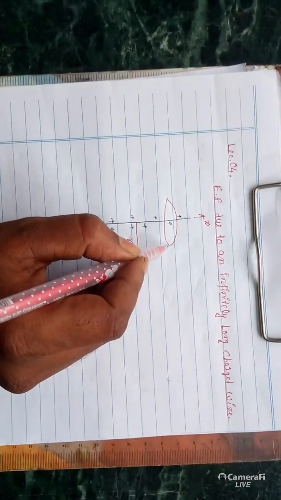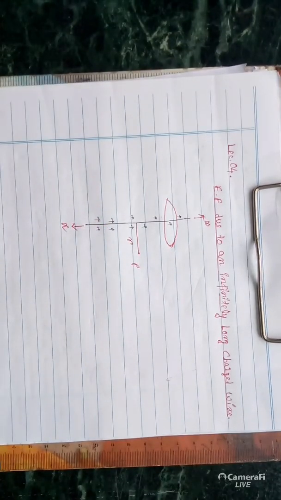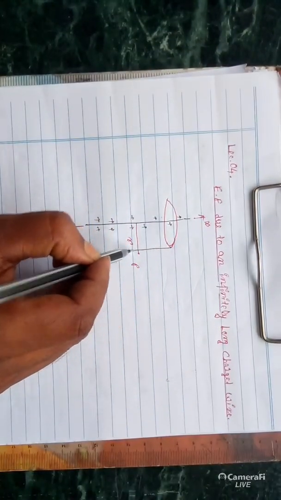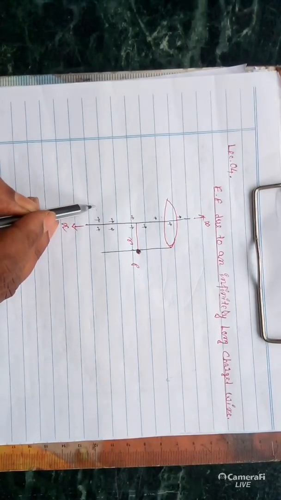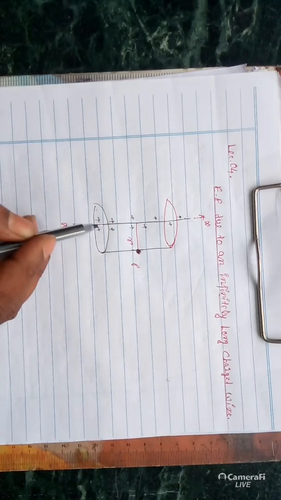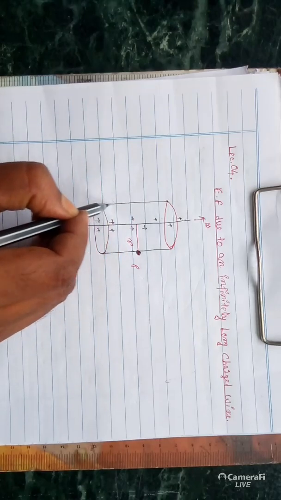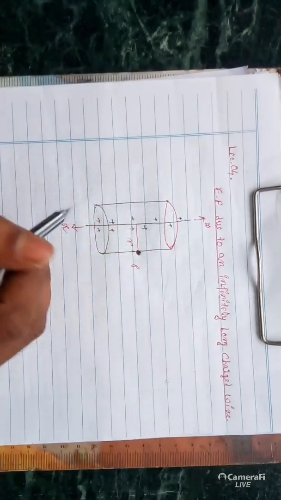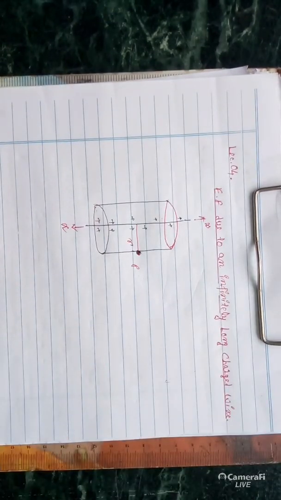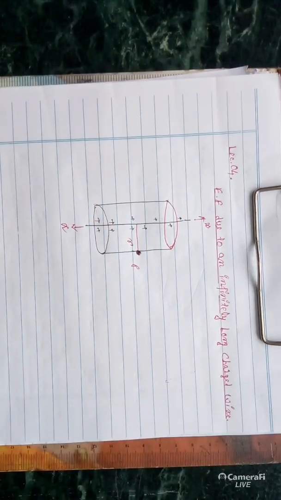known as the Gaussian surface. Suppose this is an imaginary cylinder and the radius of this cylinder is r. You are going to calculate the electric field at this point P. Basically three surfaces are there: the curved surface and two along these ends. But the electric field is always perpendicular to this charge configuration.